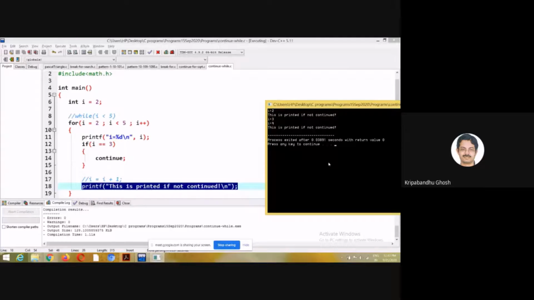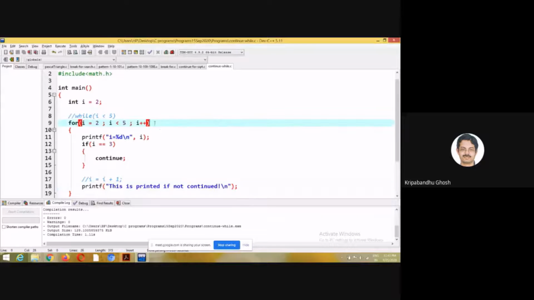So this is a vital difference between while loop and for loop. That gives you even more reason to use for loop, because the 3 portions, initialization, check, and increment, are taken care of automatically by the for loop. So even if the remaining portion is skipped here, increment is still taking place because it is not a part of the body, it is a part of the for loop construct. So for loop will take care of these 3 things for you.